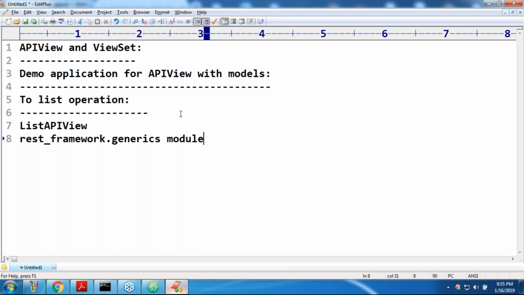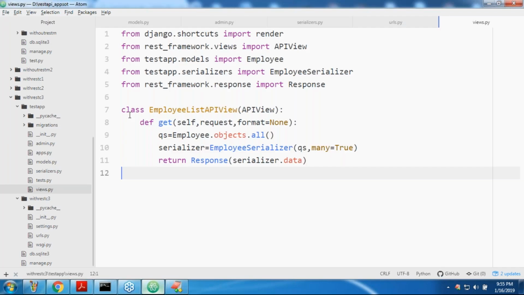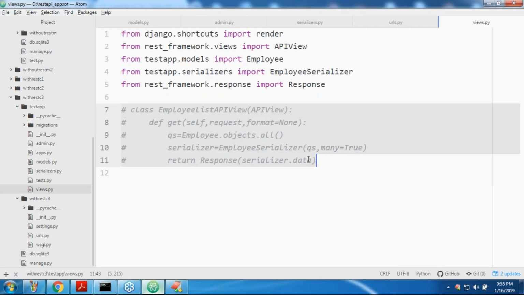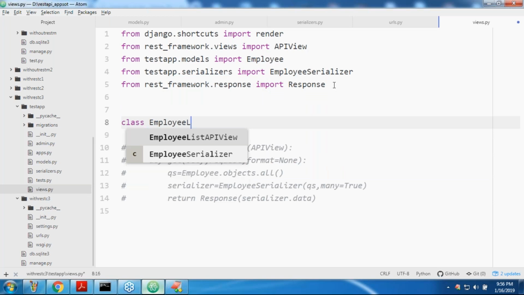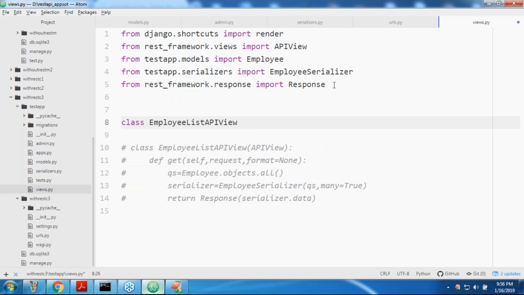Now let me show how you can use this ListAPIView. Very simple, just observe, don't get confused. I comment this one out and write a new class, class EmployeeListAPIView.